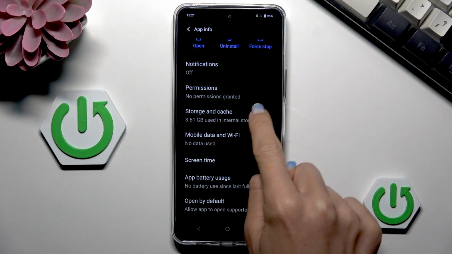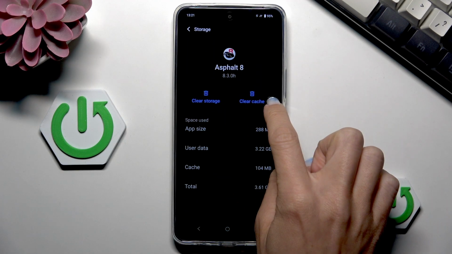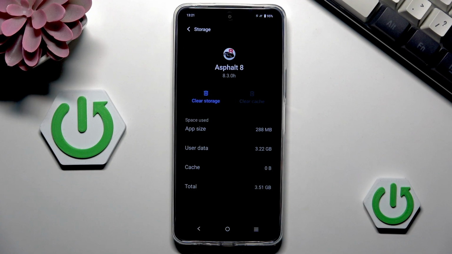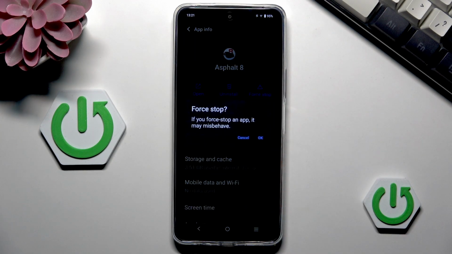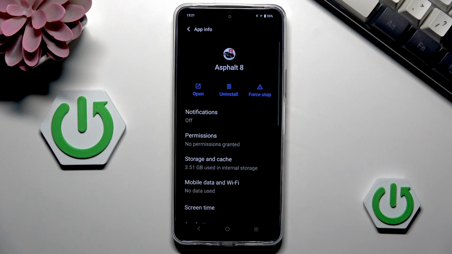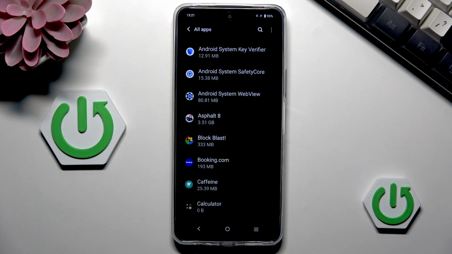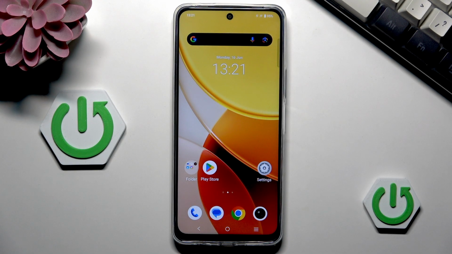Now go to storage and cache and mark clear cache. So that's the first step here, and then mark force stop. Tap on OK, confirm, and that's it. So let me go back, and now if it's still not working, you can go to your